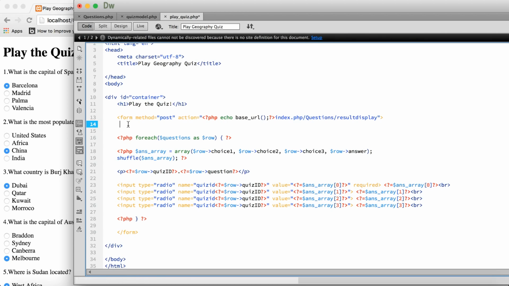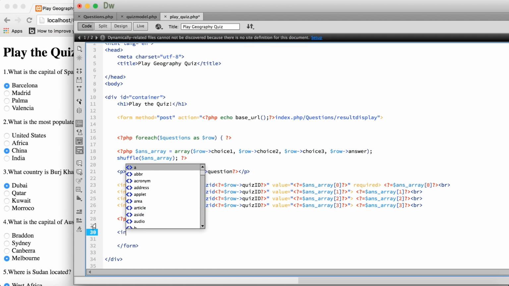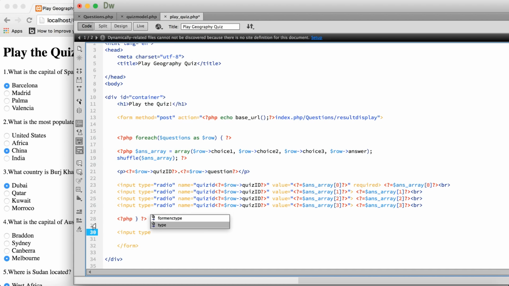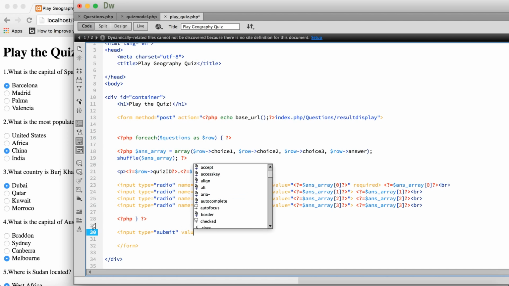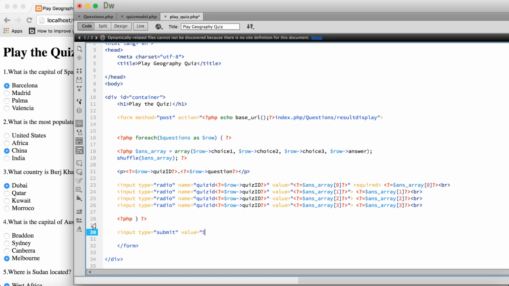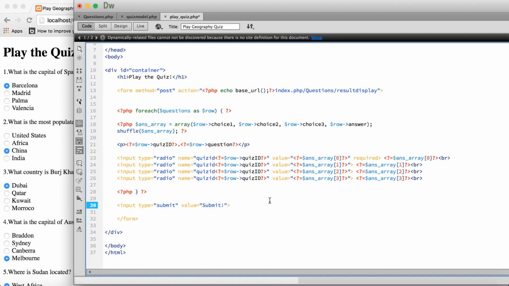Also, let's not forget, I nearly forgot, we need to make a submit button. So I'm just going to put the submit button here, after the quiz. You can put it before the quiz if you want, but I'm going to put it after the quiz. So I'm going to do input type equals submit, value equals, again we're going to have it as submit, exclamation mark, just like that. Just going to close it. Okay, so now if I save this,